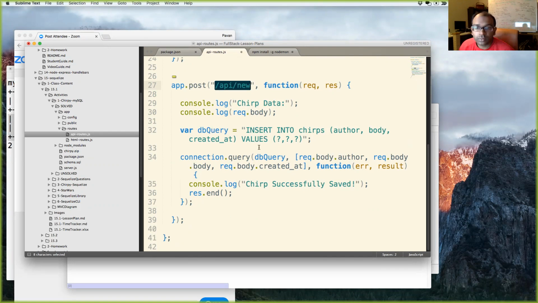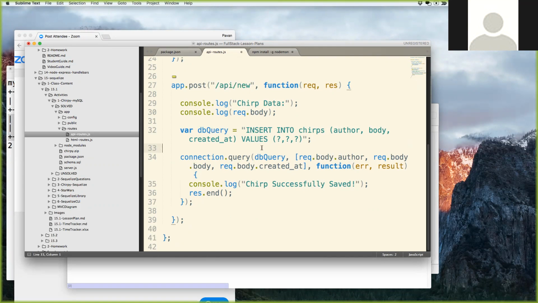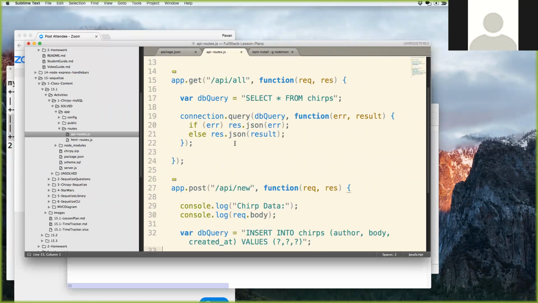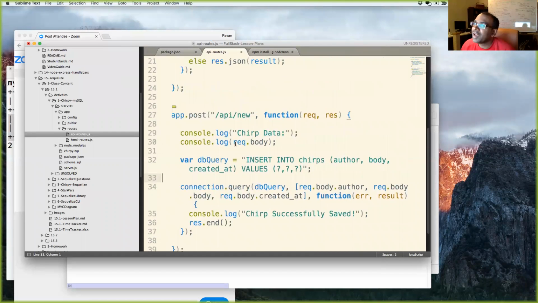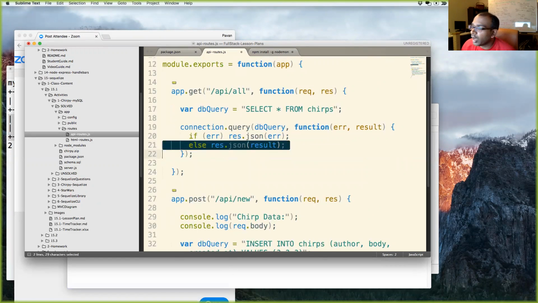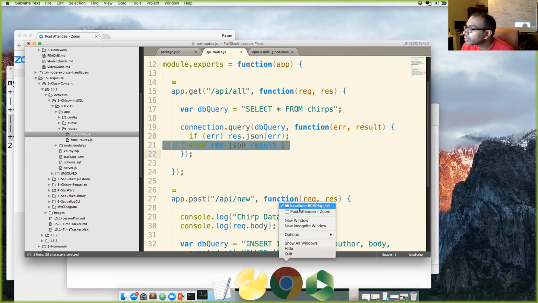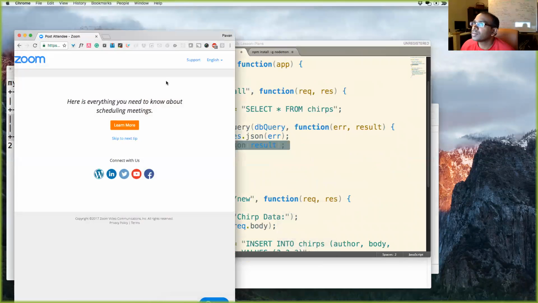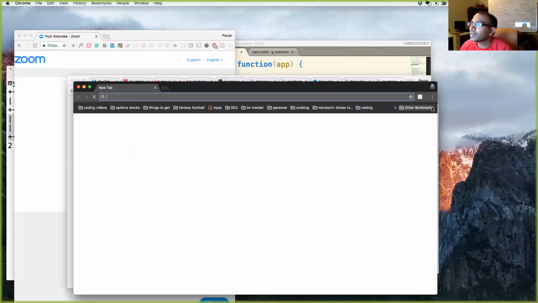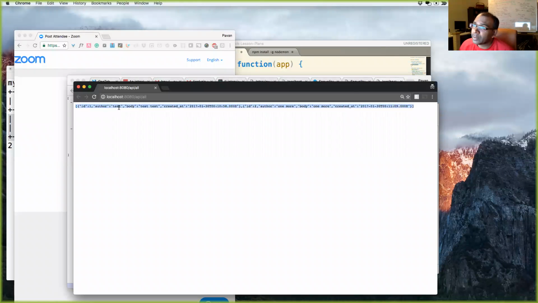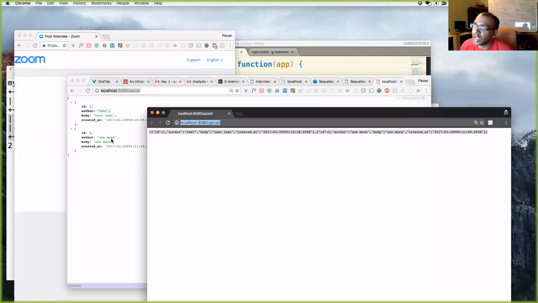Now, can I ask a question about the way the data is transferred? I know you showed with the Chrome extension, it was kind of parsed into JSON, but with a post, isn't it stored in objects natively without any Chrome extensions, or is that not true? No, that's a really good point. So I'm sending back JSON here. We saw in my incognito window, I lost it. Let me go to it. It's just sending back JSON, right? And it's my Chrome extension that's making it look like that.